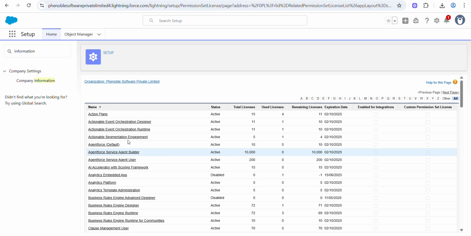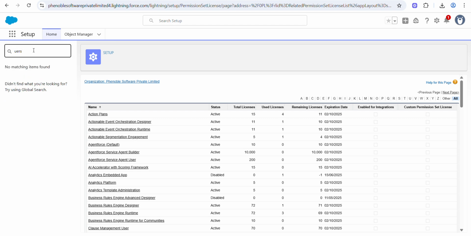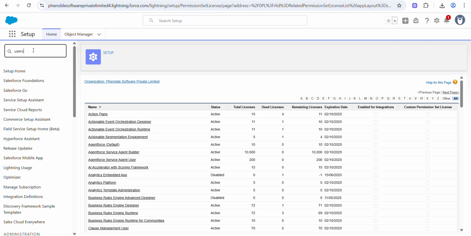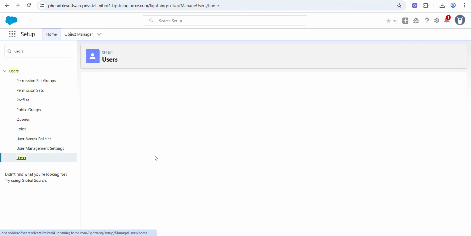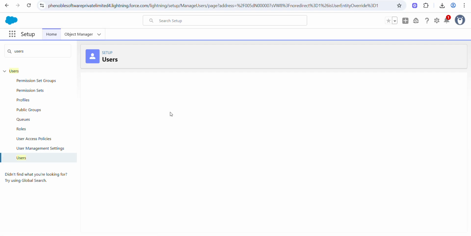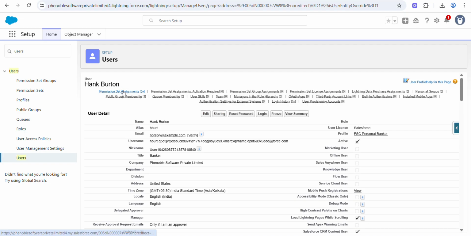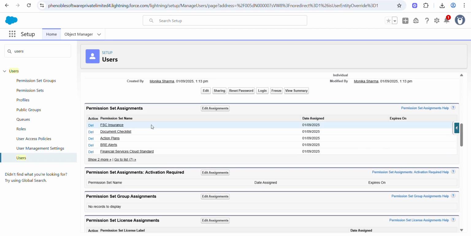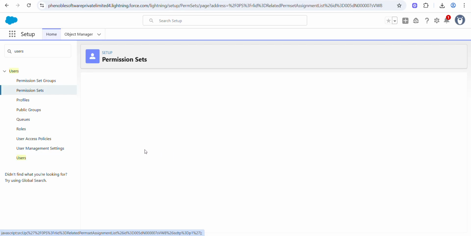Let's have a look at Users, profiles and permissions for Financial Services Cloud personal banker. Click on the Hunk Burton user and let's see what permission sets are assigned to this user.